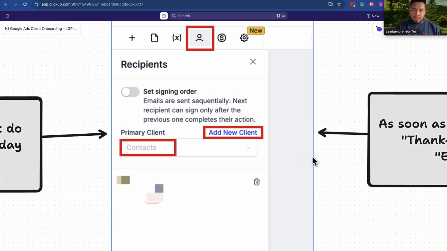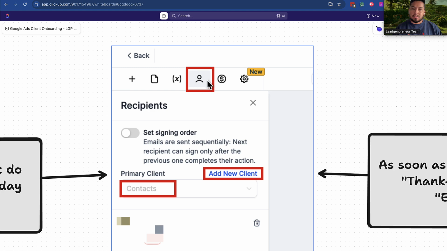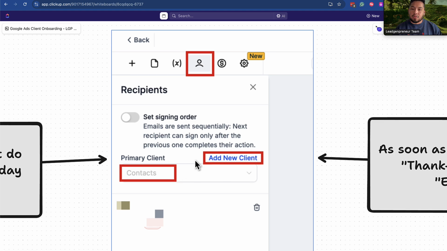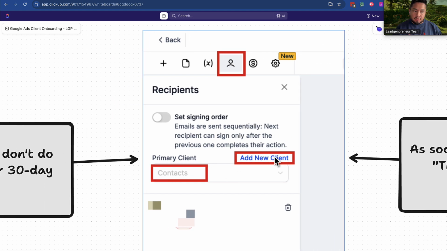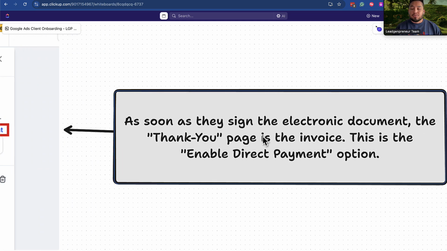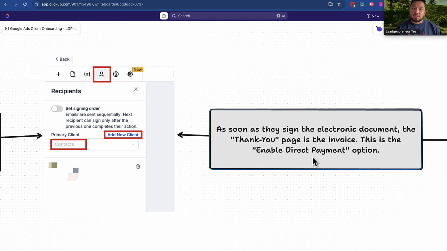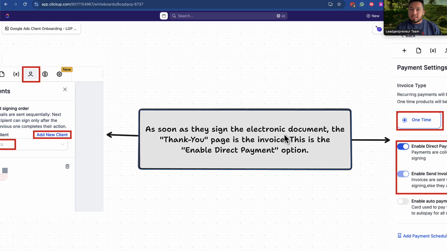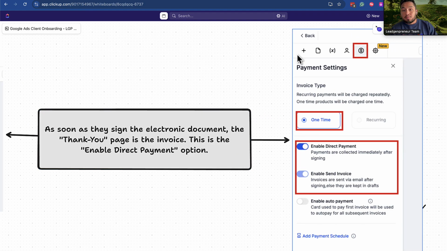So in HighLevel, all you would do is click this little icon. It says add new client, where you would manually enter in their name, email, and if they're already in the HighLevel system, you would just find them under contacts in this dropdown. Okay. As soon as they sign the electronic document, it'll send them an email and they will go ahead and sign electronically. Once they have signed and everything's completed, they will reach a thank you page,